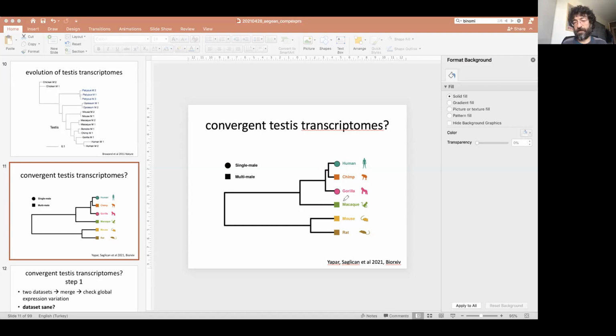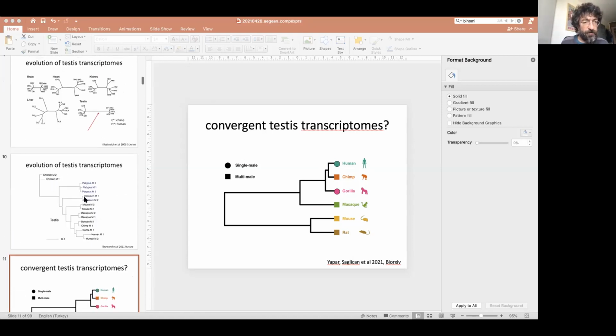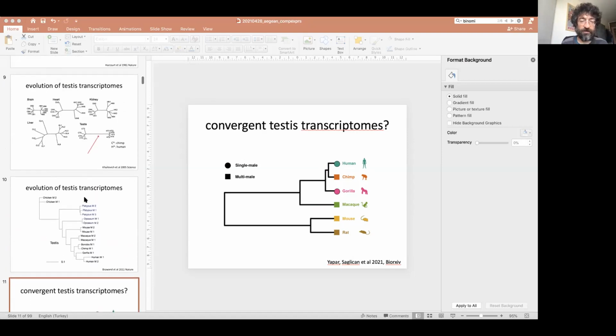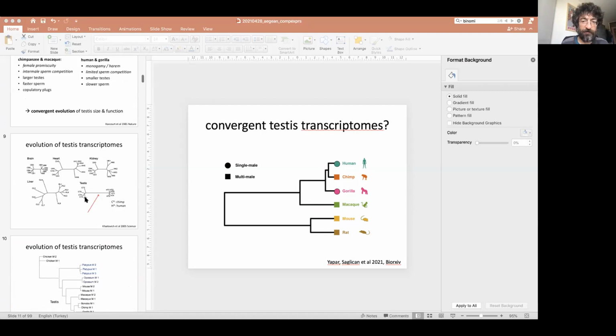So perhaps on the macaque lineage, 25 million years ago, there might have been multiple changes as well. So coming back to our question, how transcriptomics can help study the evolution of these patterns.